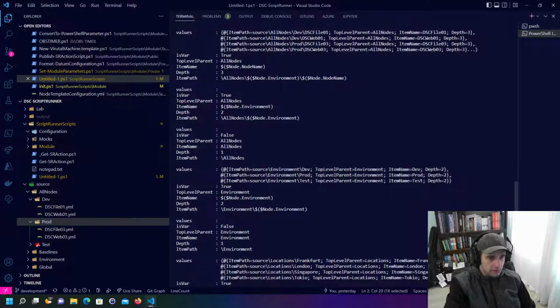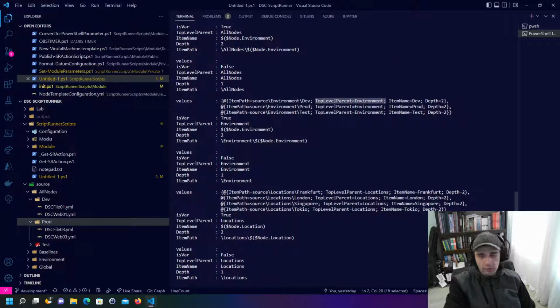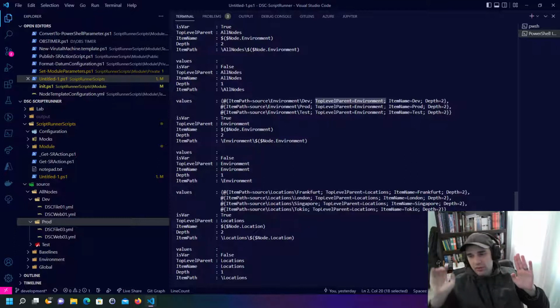So you can see we've got the item name dev, test, and prod, and it also gives you the top level parent, so you can match data according to the resolution precedence to the file data. The concept there is that you have to read the resolution precedence from the bottom up, and you have to read the file data from the top down,